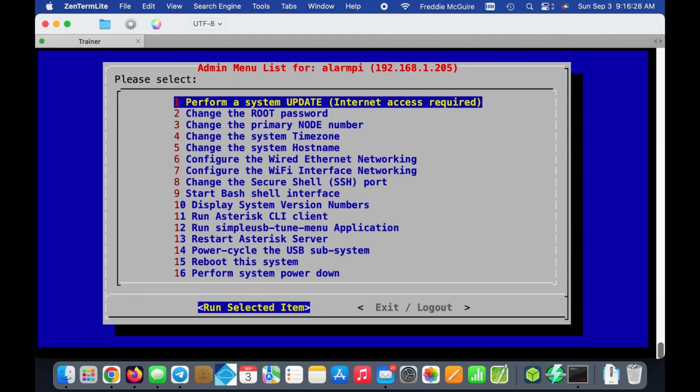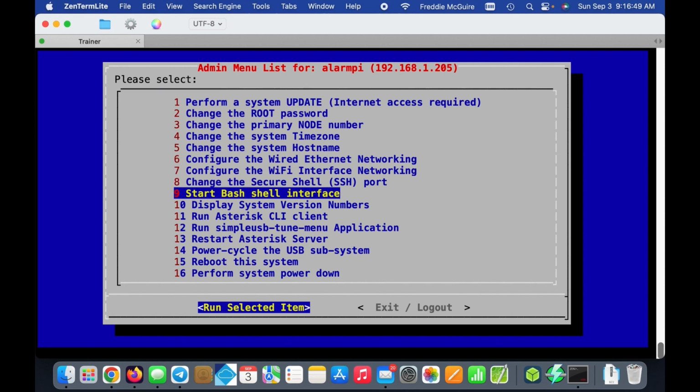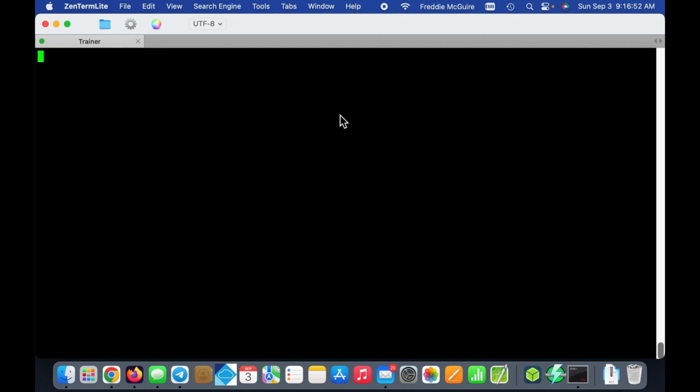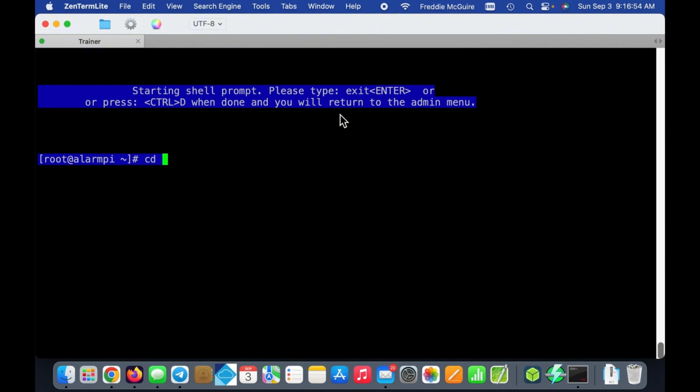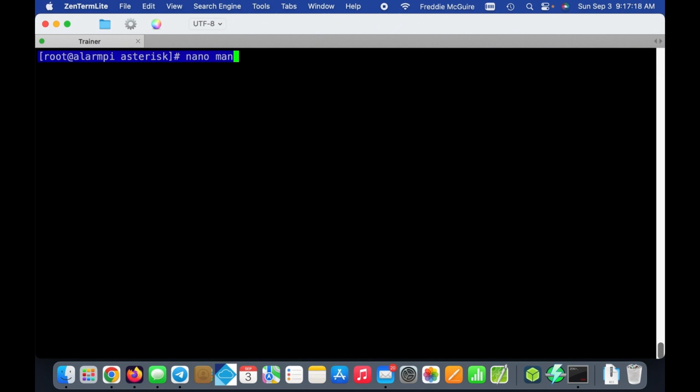Now, this is an important thing you want to remember when doing a fresh install of DVSwitch onto a HamVoIP version of AllStar. For some reason, DVSwitch goes into your manager.conf file and alters your password. So this is like the first thing I like to do after the first install reboot. We're going to go into number 9, get into that bash shell interface, and we're going to cd /etc/asterisk. Spelling is fundamental. Hit enter, nano manager.conf,